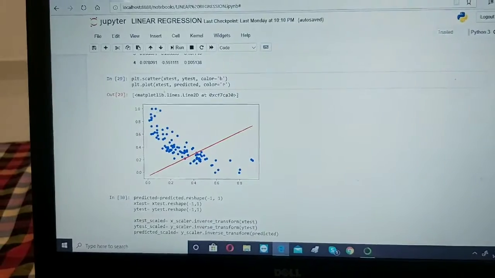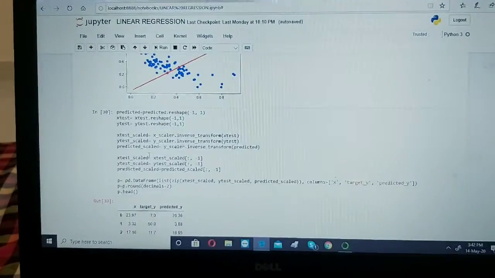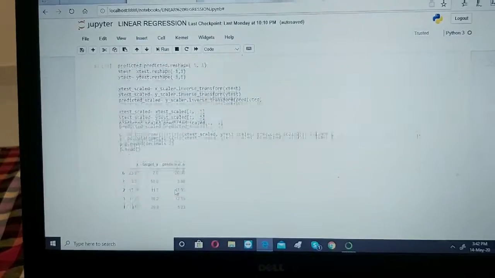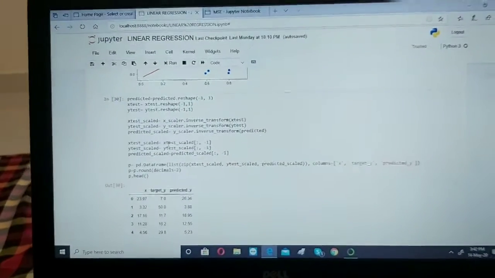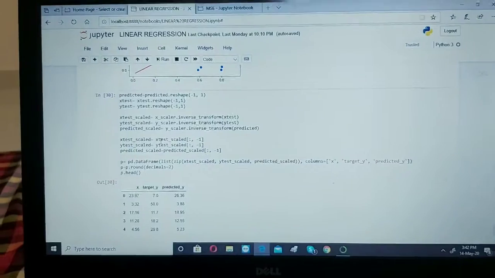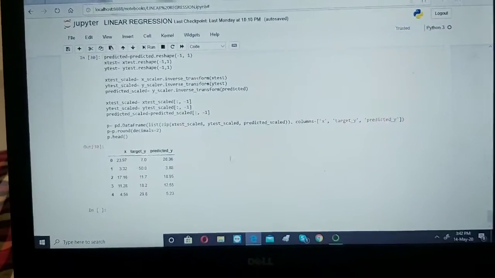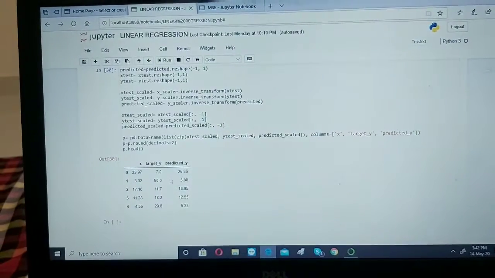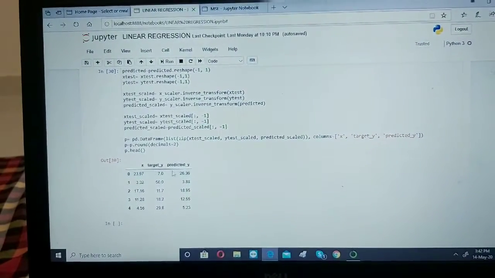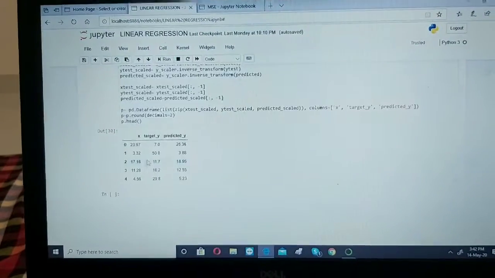We can develop this graph by using matplotlib and get this. We can again reshape the predicted values by using the inverse_transform function and the x_train_scaled functions. We can see that we get the target and the predicted values. We can also see the correlation between the target and the predicted values, and also the x attributes.